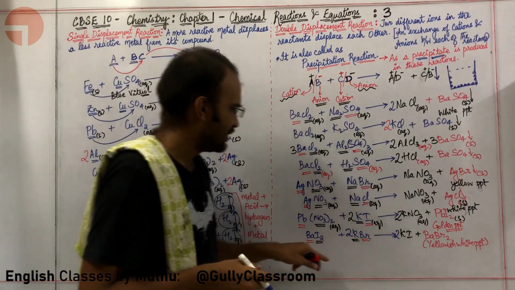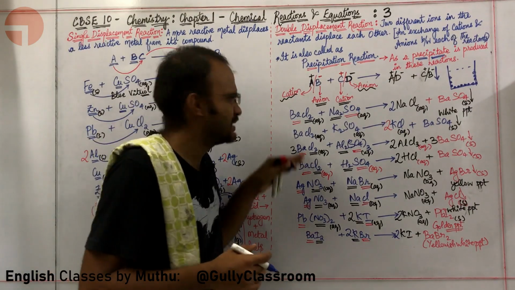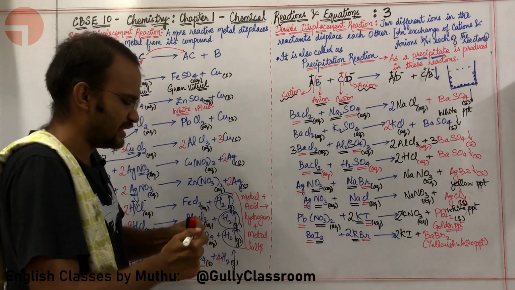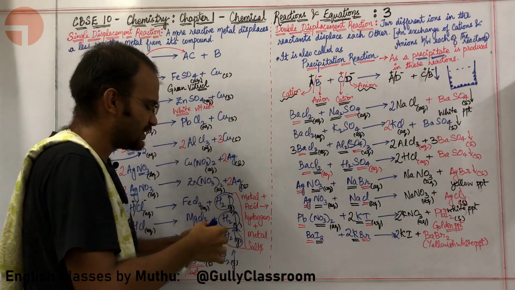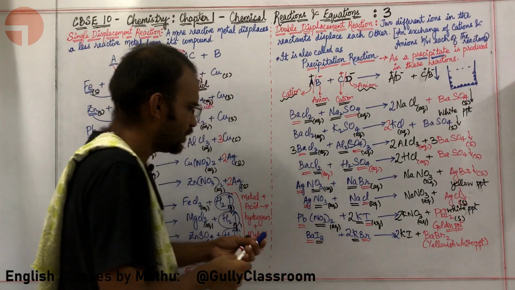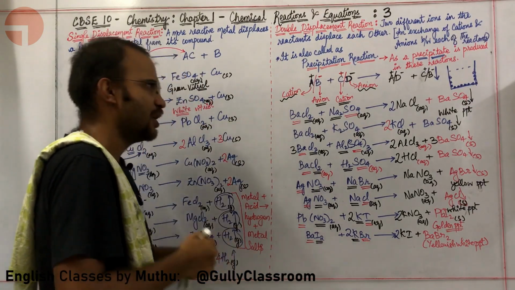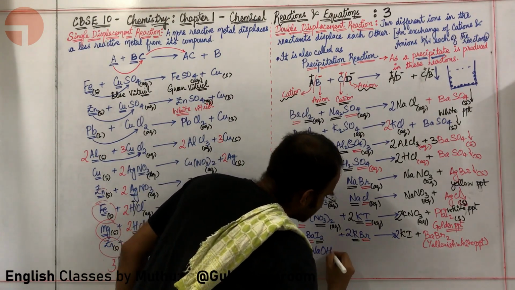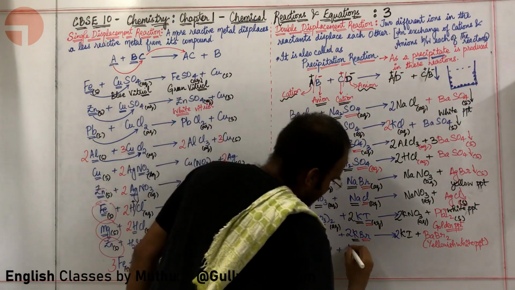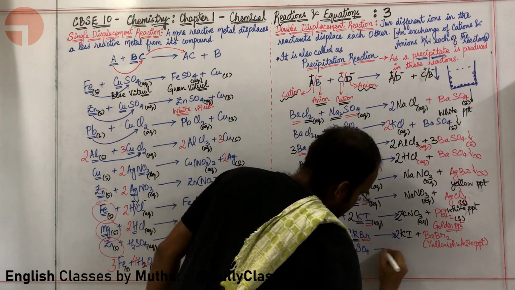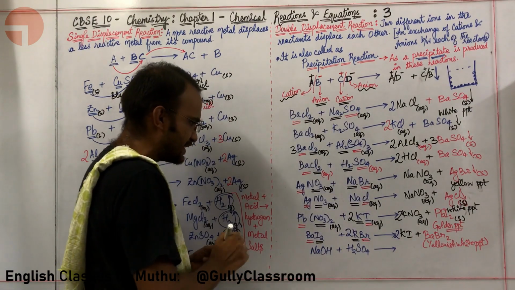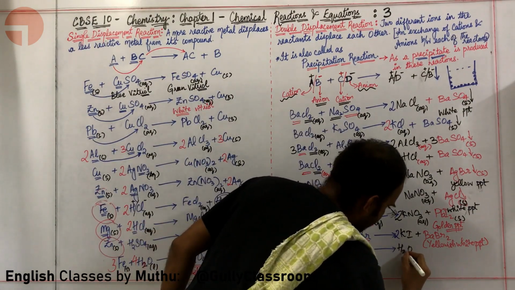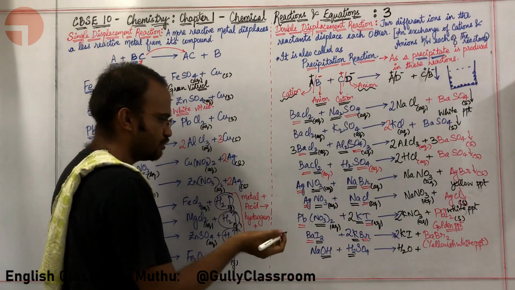Okay, sir. I want you to write finally a couple of equations that are totally different from these equations. Here two salts are reacting with each other. I want you to write an equation which will be completely different from this. Absolutely. Let us try this out. Here NaOH, which is sodium hydroxide, is reacting with H2SO4, which is sulfuric acid. What is happening here? Here OH is combining with H and forming H2O.